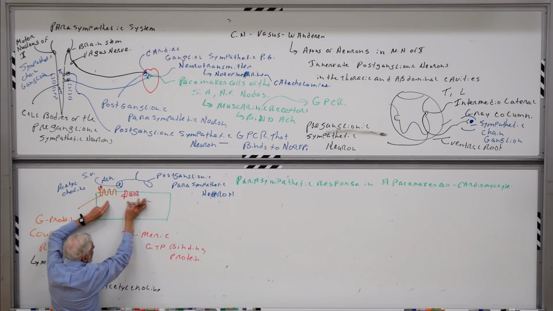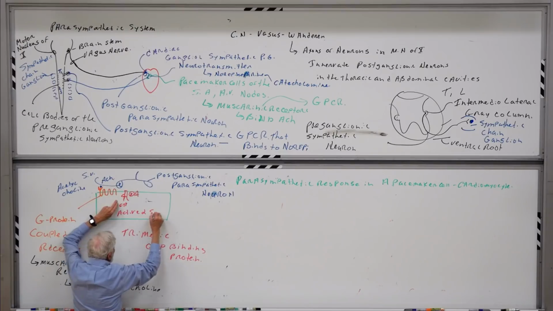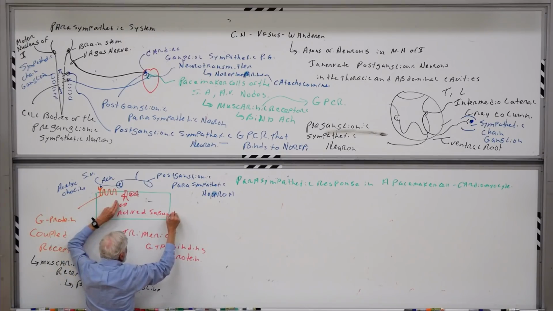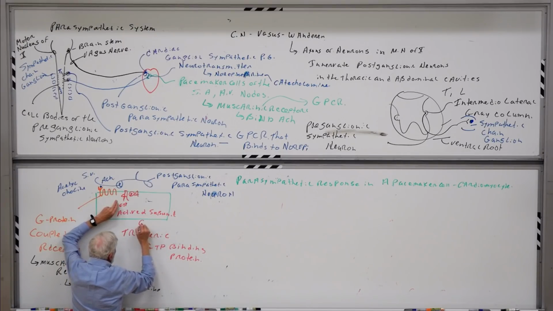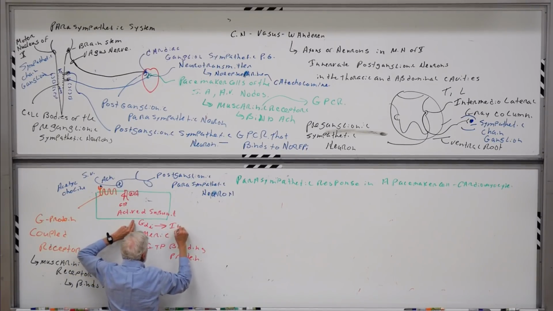There's a replacement of GDP with GTP. This now becomes an active alpha subunit. In this particular case, this is said to be G alpha I, and its function is to inhibit